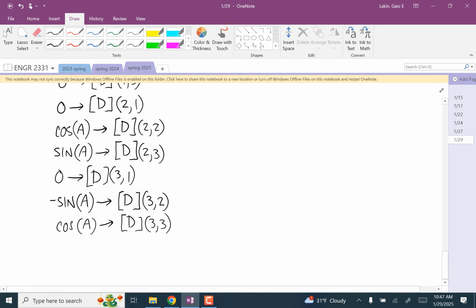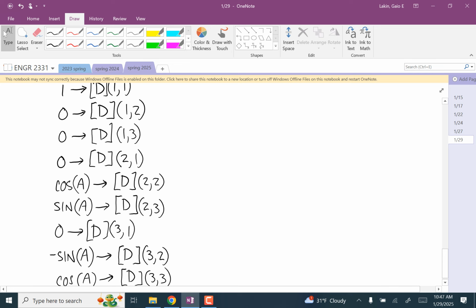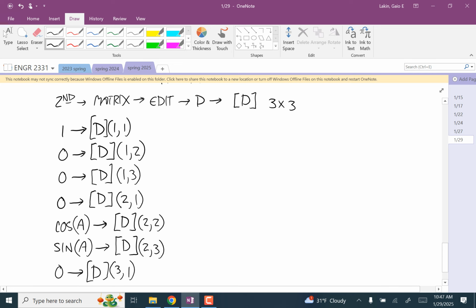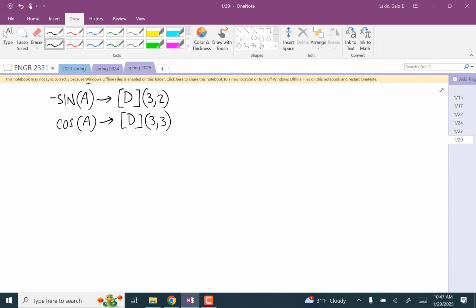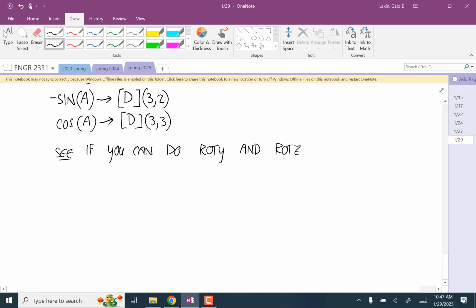Okay. And last, like on Monday, I gave you what the matrices looked like for the rotation about y and rotation about z. So see if you can do a program rot y and a program rot z based on the element values I gave you on Monday. If you can't, we'll spend some time still on Friday. We just have to make sure everybody has this working, okay? Because in the old